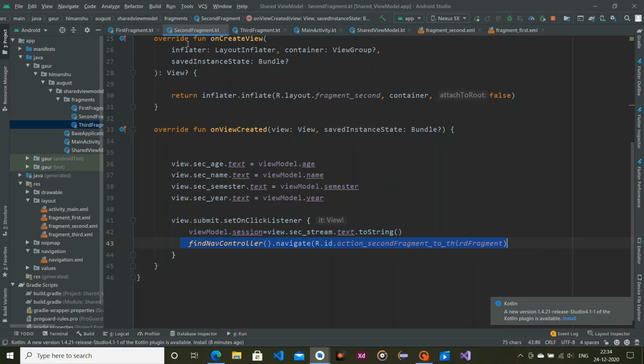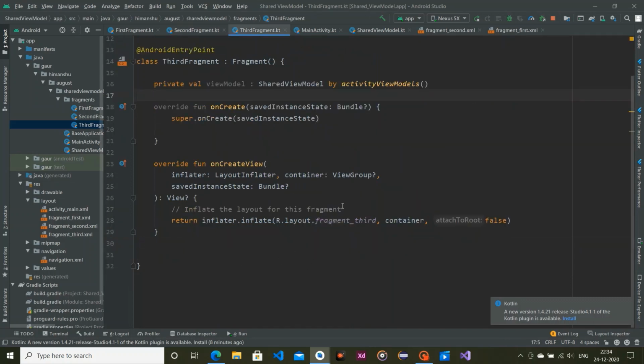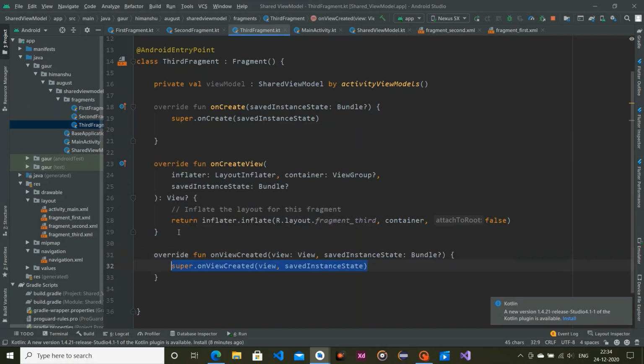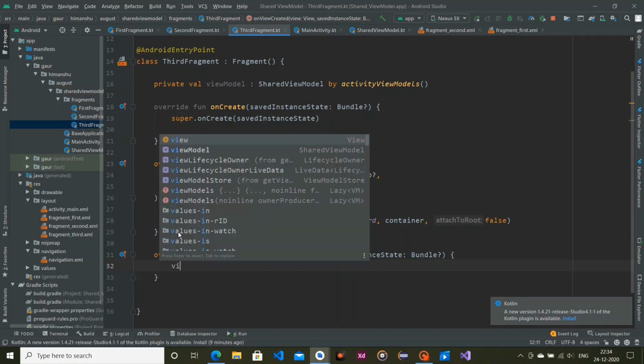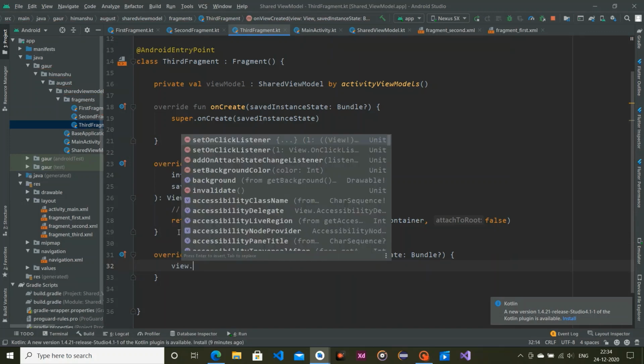So here I'm in our third fragment, and now I'm using onViewCreated. I simply set the view model member variable data to the text views present in our third fragment.